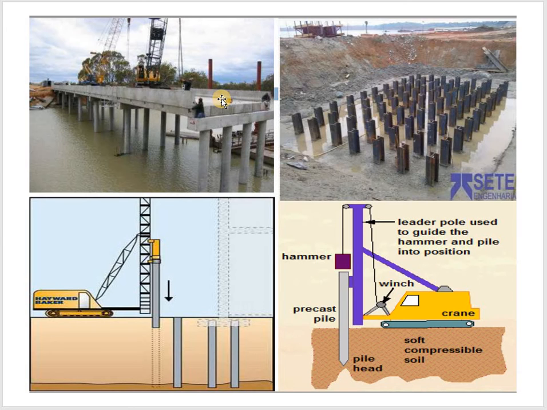So here you can see some examples of driven piles. These are all small piles. Here it is steel H piles which are driven in this case. Here it's concrete piles. So pile driving, as the method seems to be very simple, has a lot of risks associated with it, because we have to properly align this precast pile, and the hammer must be well in position, and this process should be done meticulously to have the complete advantage.